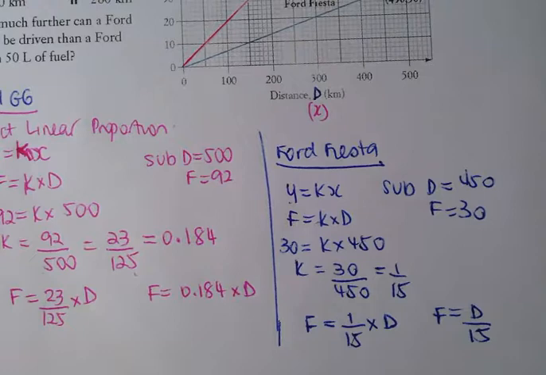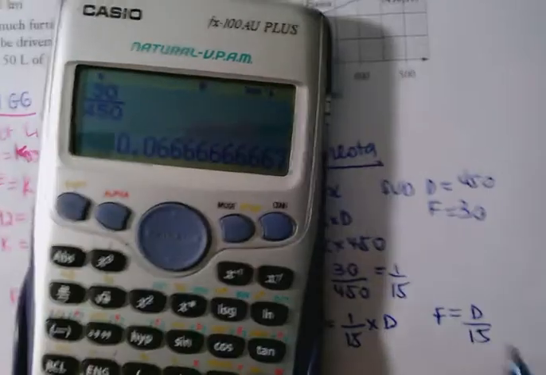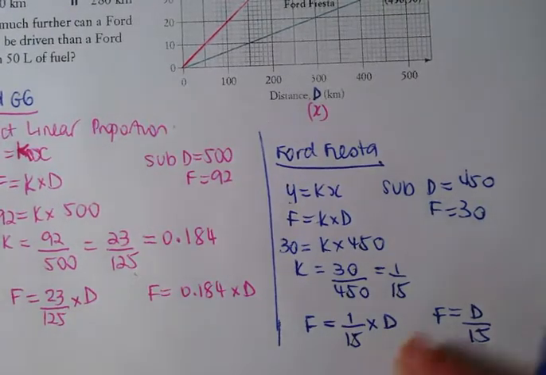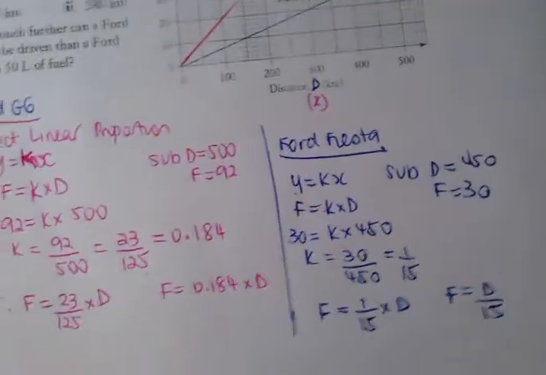As a decimal, I would not be writing that one as a decimal, because you can see you get 0.06 recurring, and you'd have to write it as that. So it's much better to leave it as a fraction. Now for part B,